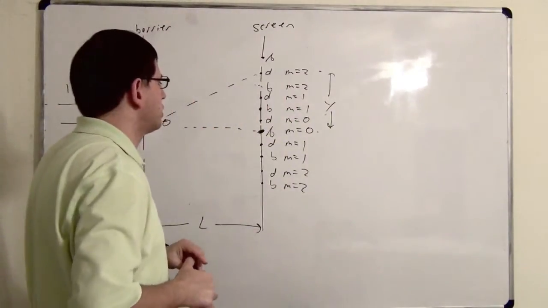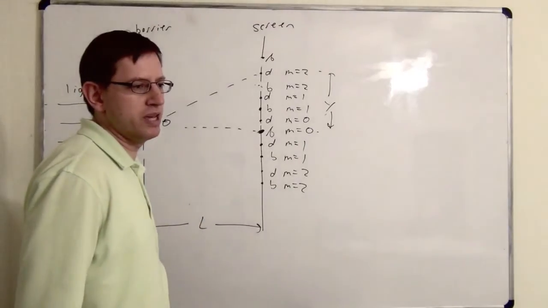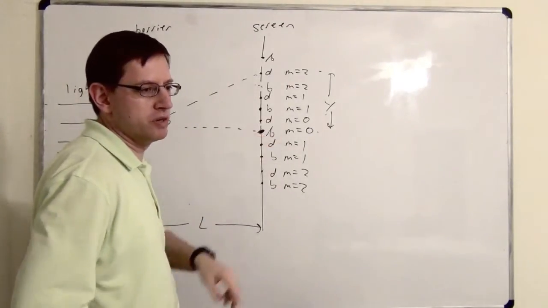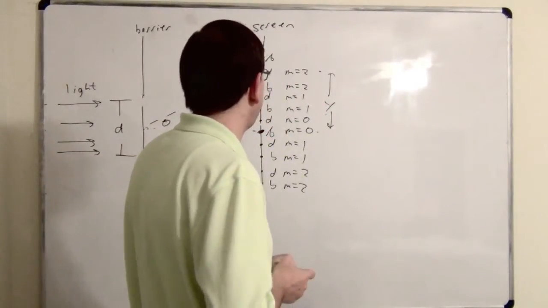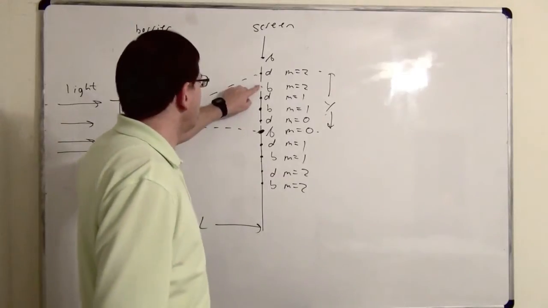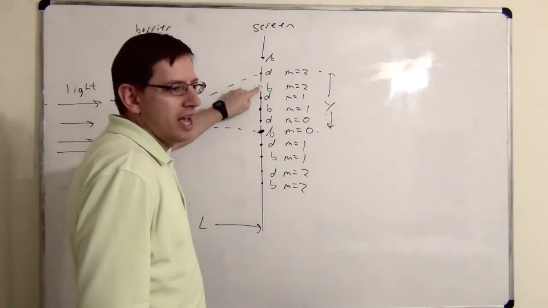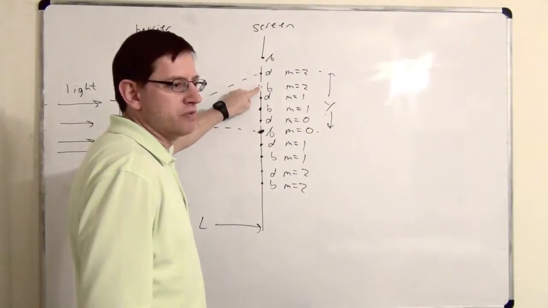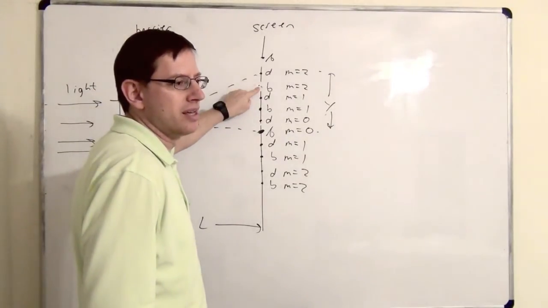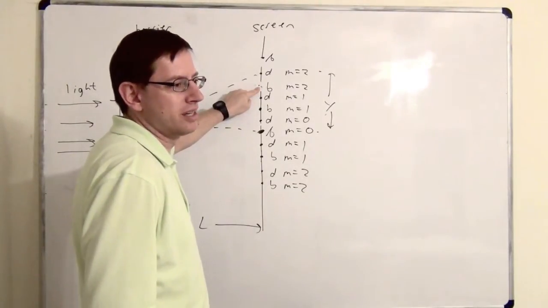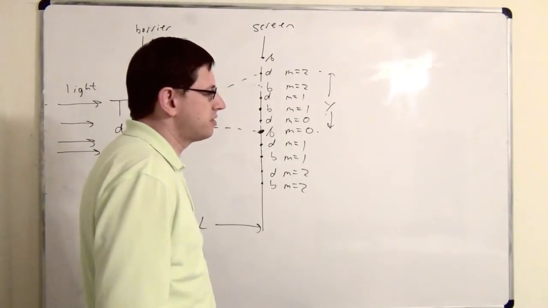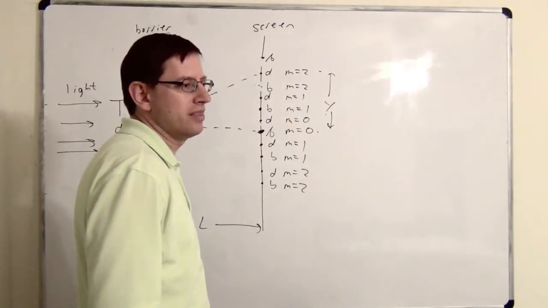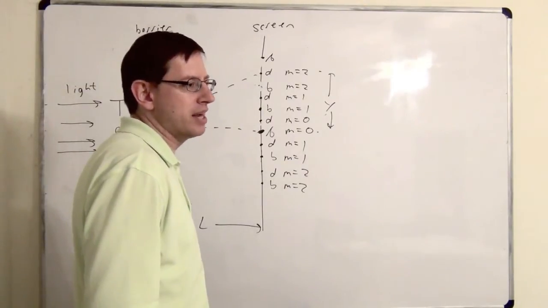So then we need to have equations that tell us where the bright and dark spots are going to be. We already know where this will be, but the other ones we don't know. Well, remember that technically we already know how to figure that out. All we have to do is, for each point, figure out the path length difference. And if the path length difference is an integer number of wavelengths, what will we get? You would get constructive interference. And what would that look like? A bright spot. Yeah, a bright fringe. And if the path length difference was an integer number of wavelengths plus half a wavelength, then what would we see? A dark fringe. That's right.